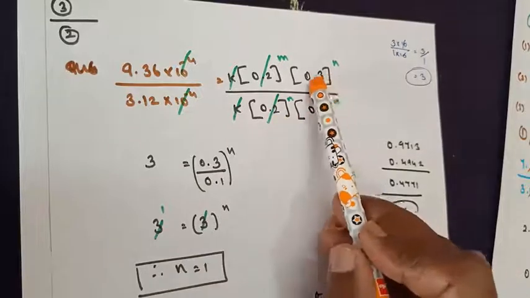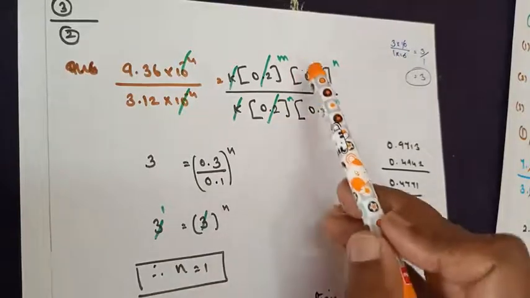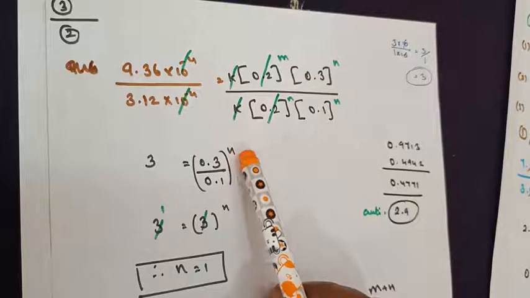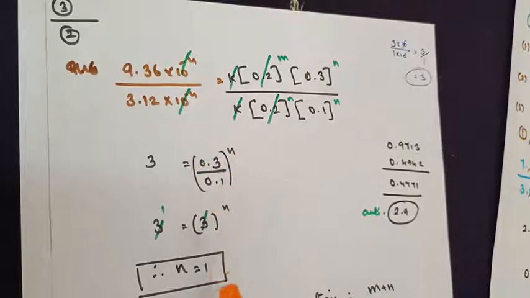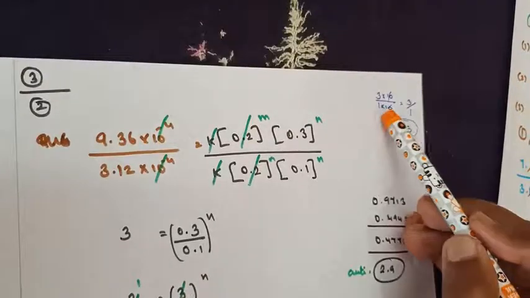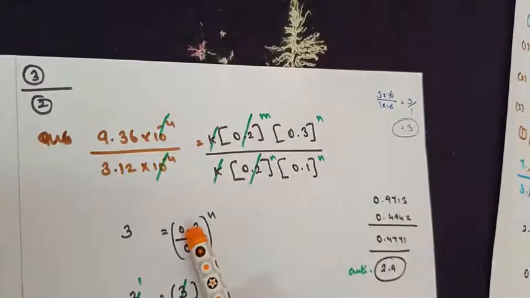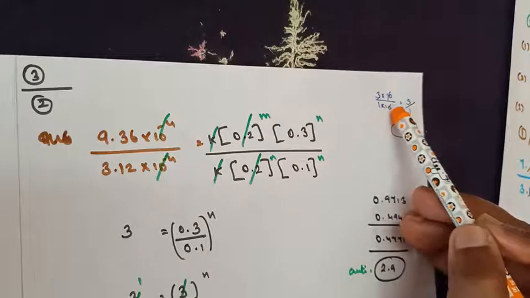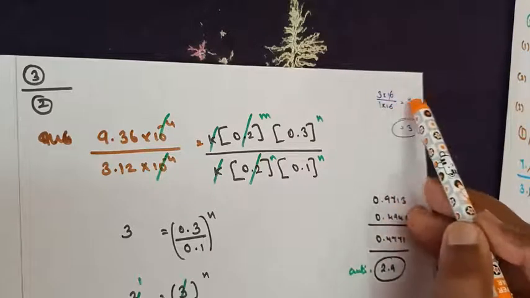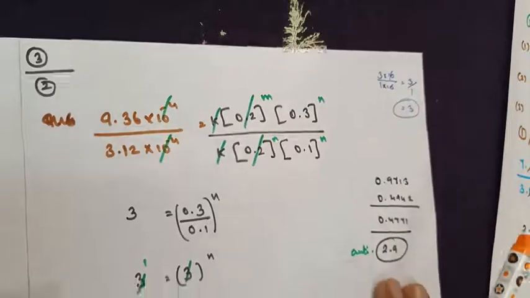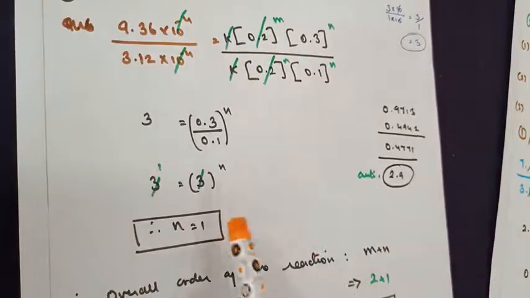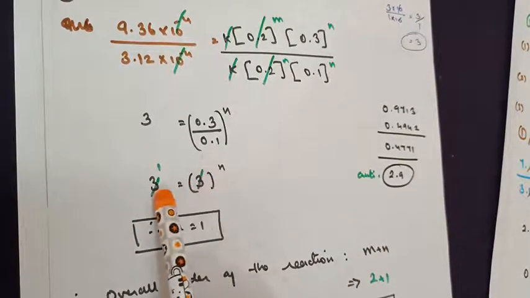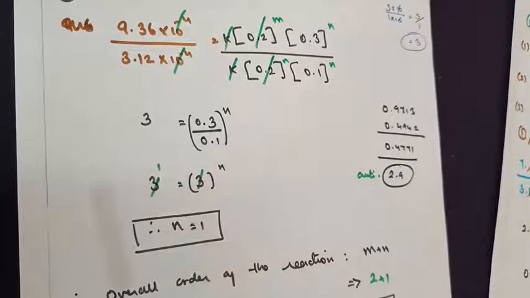This side if you look, 0.3 by 0.1, the whole thing to the power n. You understand how did I write this? Point and point get cancelled, 3 by 1 gives you 3. Or the other way, if you remember your concept of decimal point, after decimal point you've got 1 digit in the numerator, 1 digit in the denominator. So add 10 in the numerator, 10 in the denominator. Finally you get 3 by 1 is equal to 3. Any concept, same answer you will be arriving at. Here again 3 and 3 get cancelled. You get n is equal to 1.